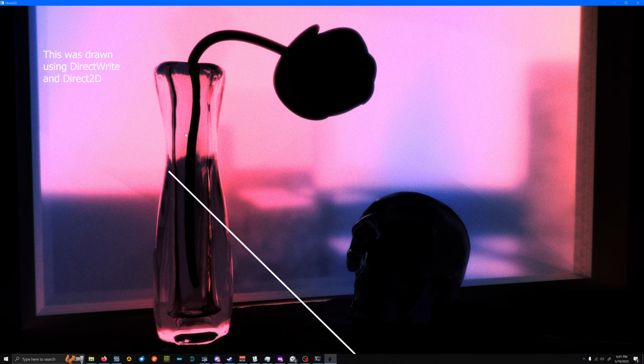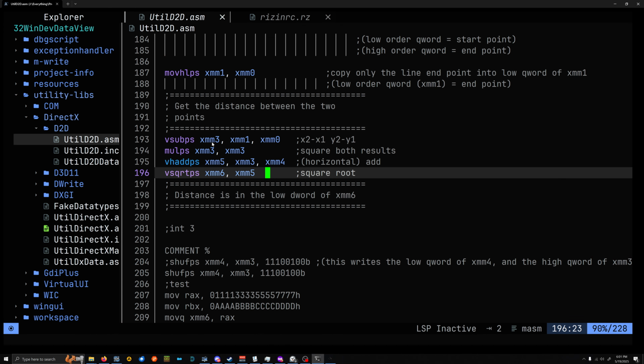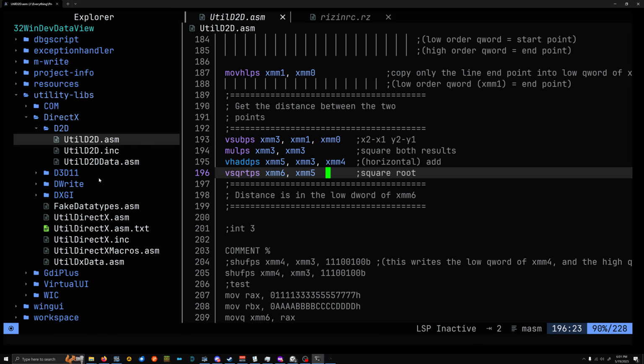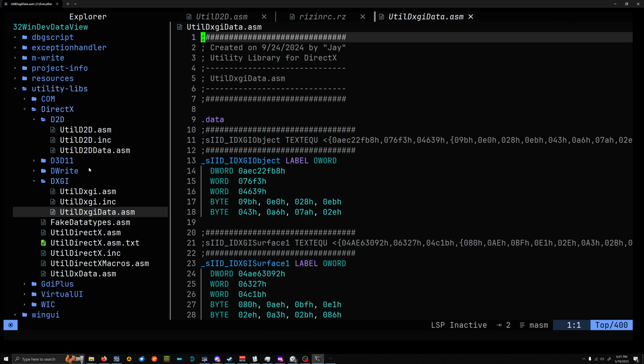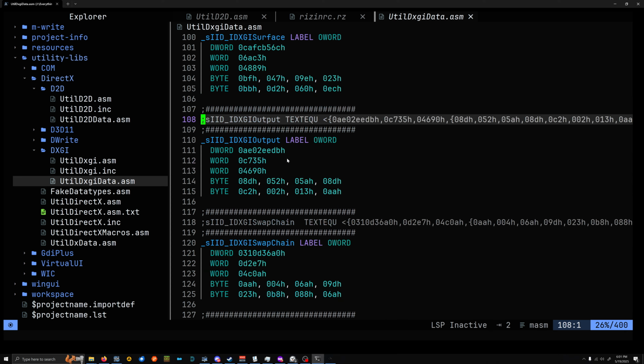There we go, yeah. Ignore this line. This line was just like a test thing I was doing. Yeah, this is stuff I've been messing with. I've been messing with DirectX for a good while. Like the last video I think I did, I was working on defining interfaces for DXGI, if I remember correctly. I don't know what files I had open. It's probably going to look a good deal different now,